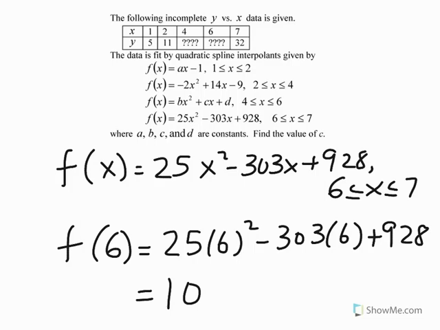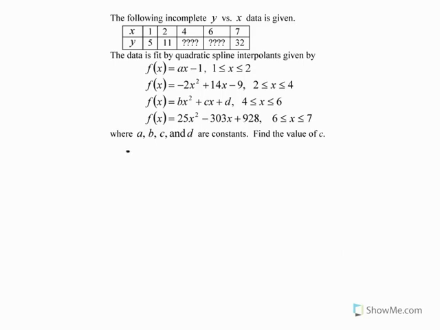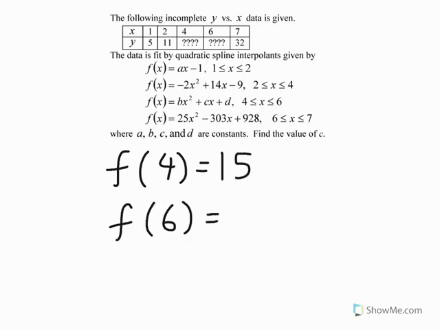So what we have been able to do so far is as follows. We have found that the value of the function at 4 is 15. We have found that the value of the function at 6 is equal to 10. So what that means is that in this spline we can at least set up 2 equations. One tells you that the value of that spline is 15 at x equal to 4, and the other that the value of the spline at x equal to 6 is 10. So we'll have 2 equations, but still 3 unknowns, because c is an unknown. So let's see how we can set up this third equation here.